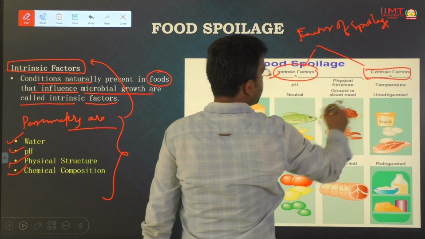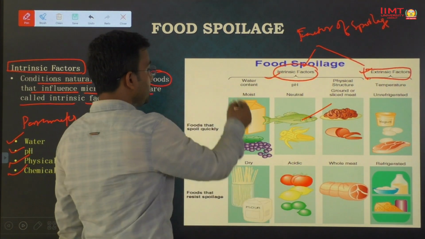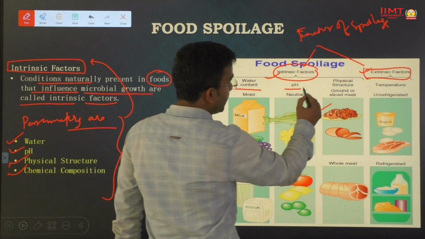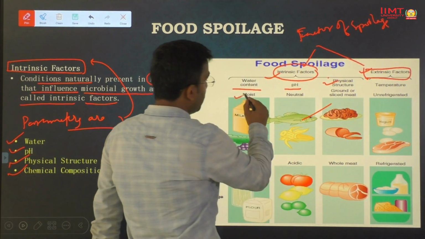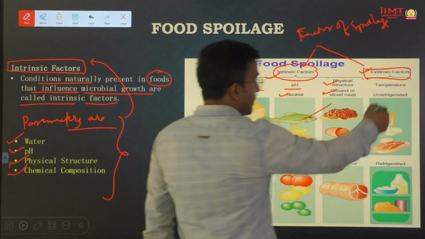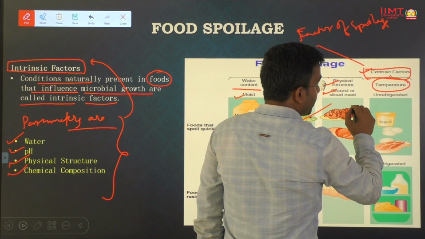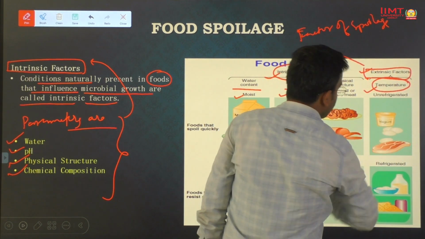One is intrinsic, second is extrinsic factor, in which we know about water content, pH, physical structure, moisture, neutral, ground or sliced meat. The extrinsic factor is an environmental factor found in nature, such as temperature,